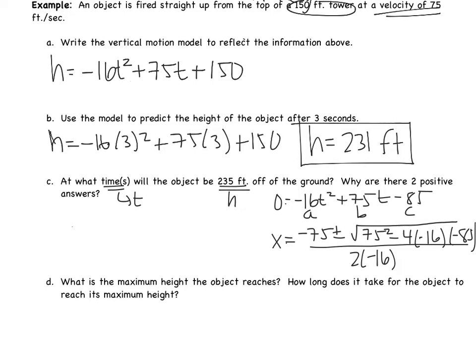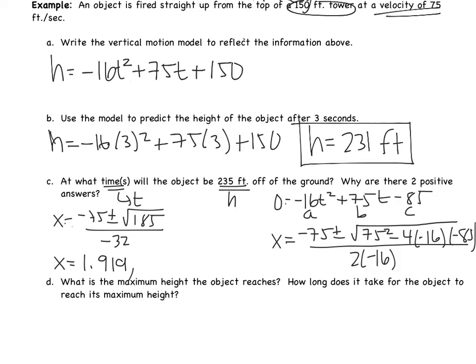If I start with the stuff underneath the square root, I get negative 75 plus or minus the square root of 185 all over negative 32. Okay, so now in this case, there's two answers. There's the negative 75 plus and the negative 75 minus. So first you're going to do negative 75 plus the square root of 185, and then you're going to divide that by negative 32. When you do that, you get 1 time to be